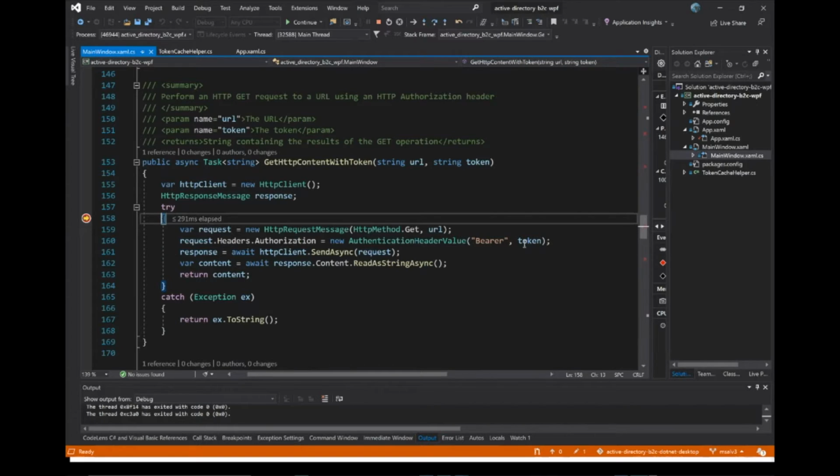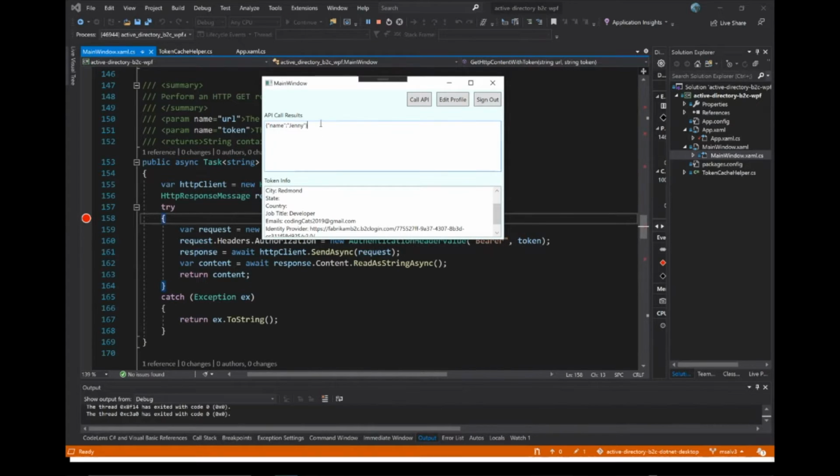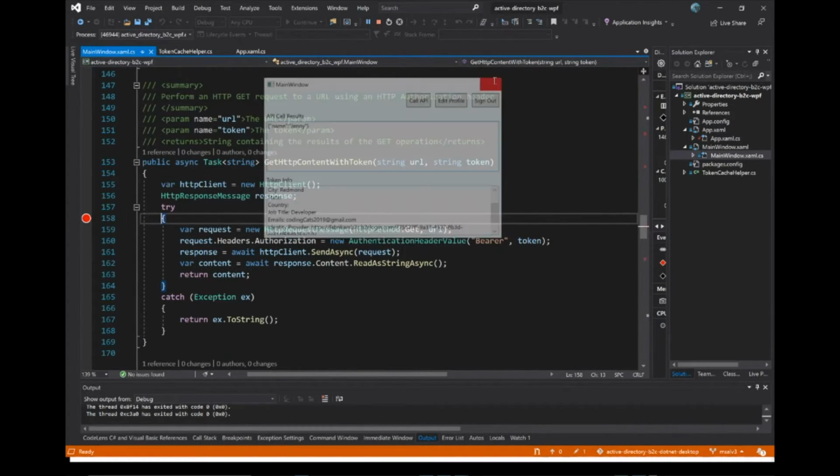And now what I'll do is I'll just append that token to the header with bearer, as we saw in the passport.js logs. You saw where we had to include the title bearer to identify what type of token it is for the web API, and then append the token. So that's what's happening here. I'll hit continue, and then I get my name back from the API results, as we saw in the JavaScript sample as well. So now I'm just going to close the application,